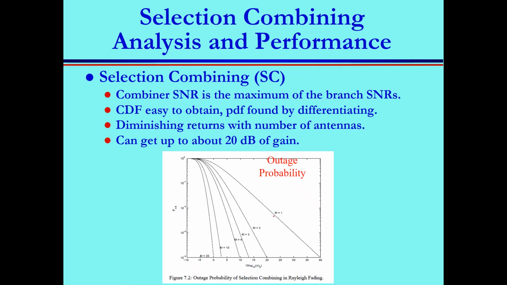So this is a better curve that explains this. For example, the outage, not the bit error rate. This is when you have one path, and this is when you have 2, 3. The point that I want to make is that as you increase the number of diversity paths, the slope of the curve becomes steeper and pushes itself towards the y-axis. At low SNR, you get very good bit error rate. Selection combining: the combiner SNR is the maximum of the branch SNRs. The CDF here, you know,